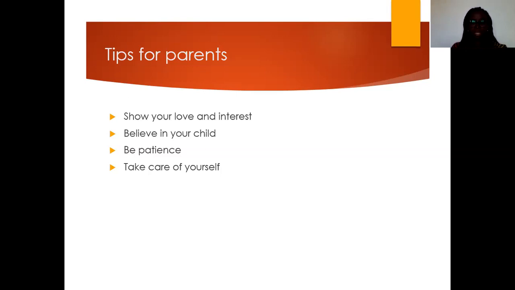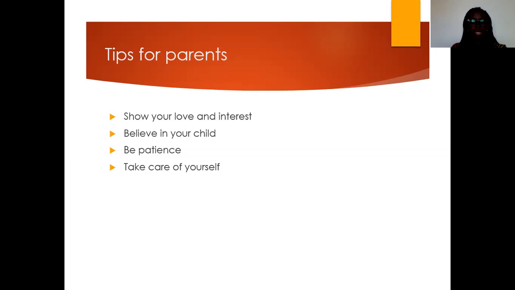You also have to believe in him. You don't know his capabilities or his potential. So believe in him and then support him in every way you can. Believe in him. Don't give up on him. Then be patient. Sometimes we start a few interventions, and after a week, after a month, after 2 months, you feel that no, this is not working. No, be patient. Some of them are very slow to pick up. So when you're patient, you're able to support them.